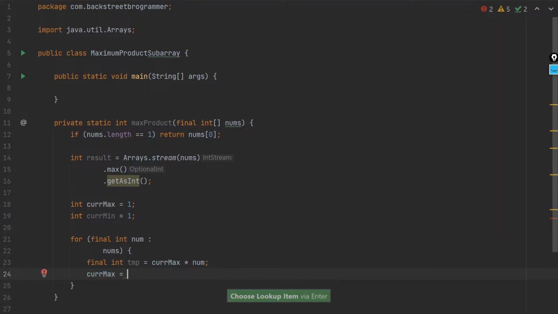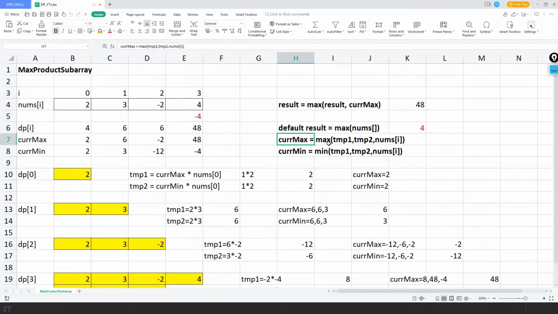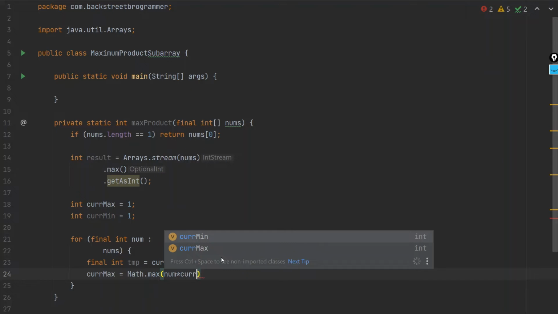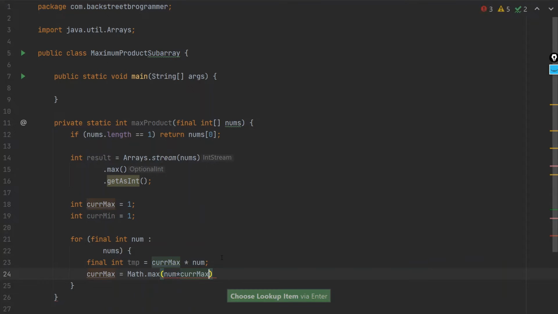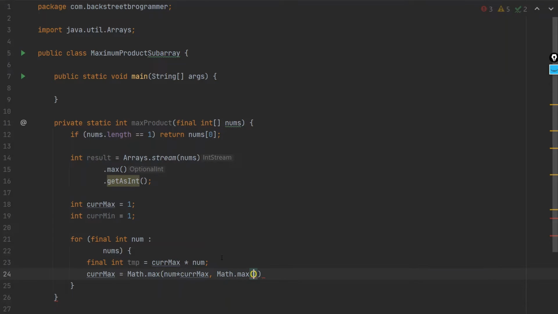Current max is equal to, you see, the formula of current max is temp1, temp2. Temp2 is nothing but current min times num. That's why I'm not storing it as temp2. So it would be temp2 is current min multiplied by the number itself, and the number. Okay, this is temp1, temp2, and num. So let's start with the number multiplied by current max, which is temp1. And because in Java we can't provide 3 arguments to max, that's why I'm using it this way. So max of this first variable and the max of the remaining 2 variables, which is num,